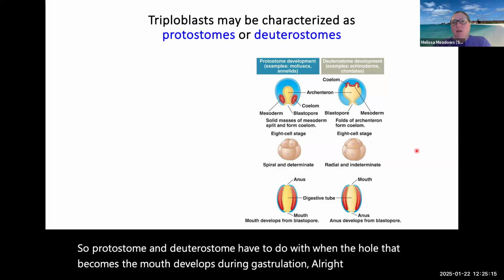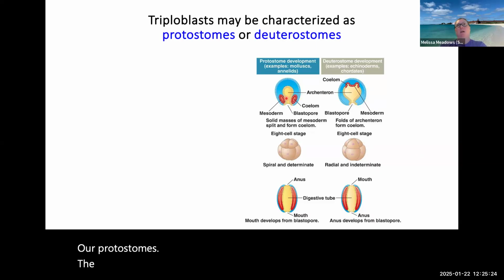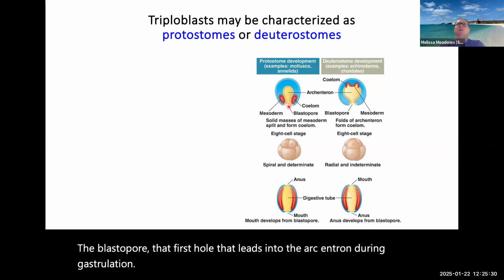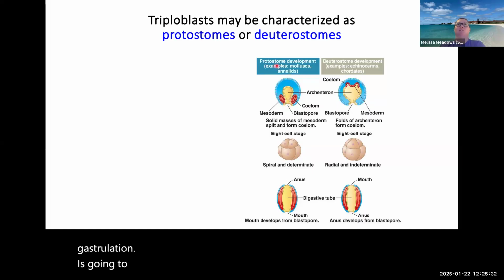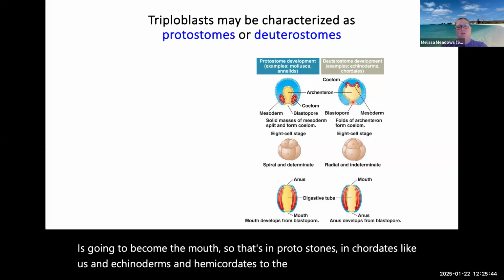So in our protostomes, the blastopore, that first hole that leads into the archenteron during gastrulation, is going to become the mouth. So that's in protostomes. In chordates like us and echinoderms, and hemichordates too, the blastopore is eventually going to be